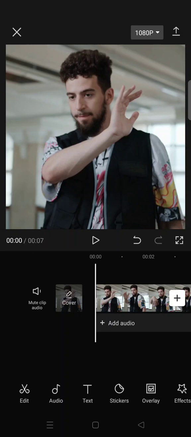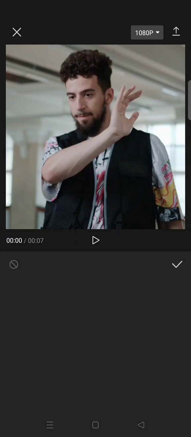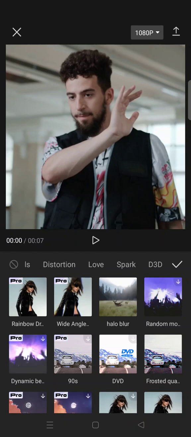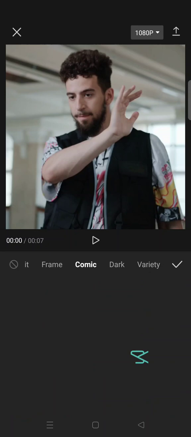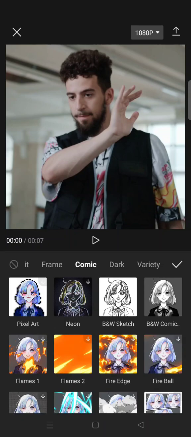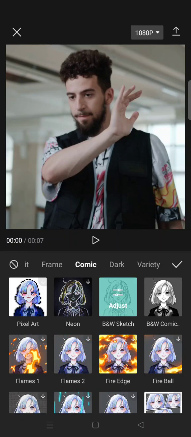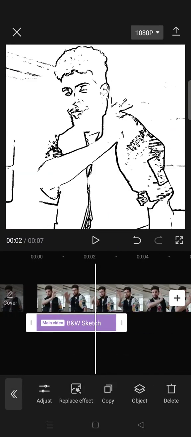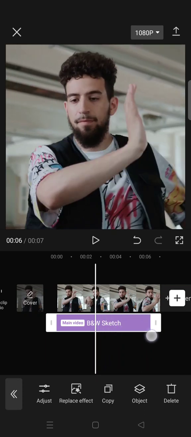On today's video, I'm gonna show you how to get HDR effect on CapCut. So first, finish your edit and then just go to effect and then find comic category. Okay, this one, and then select BNW sketch. Click on the effect and then click on the check icon and then set the effect until the end of